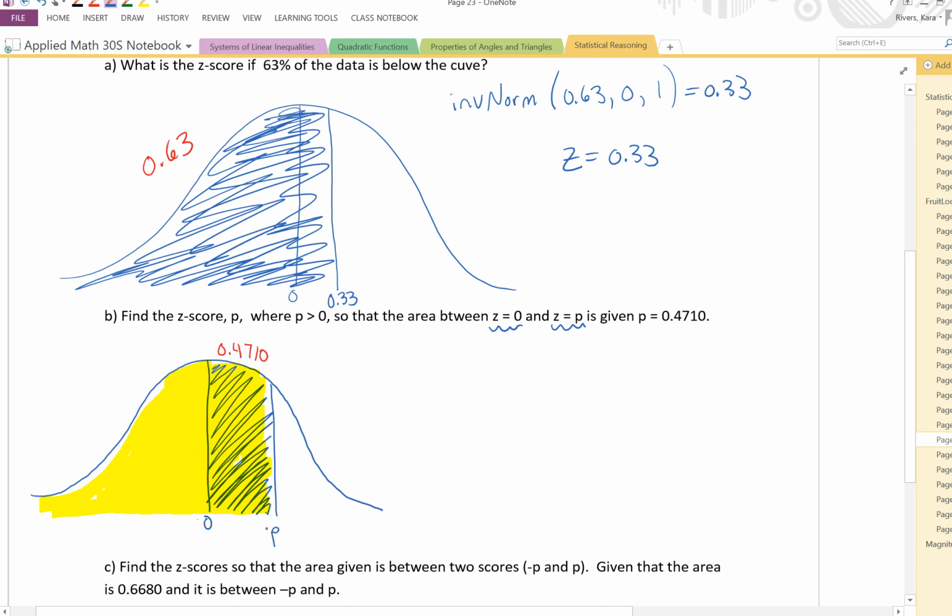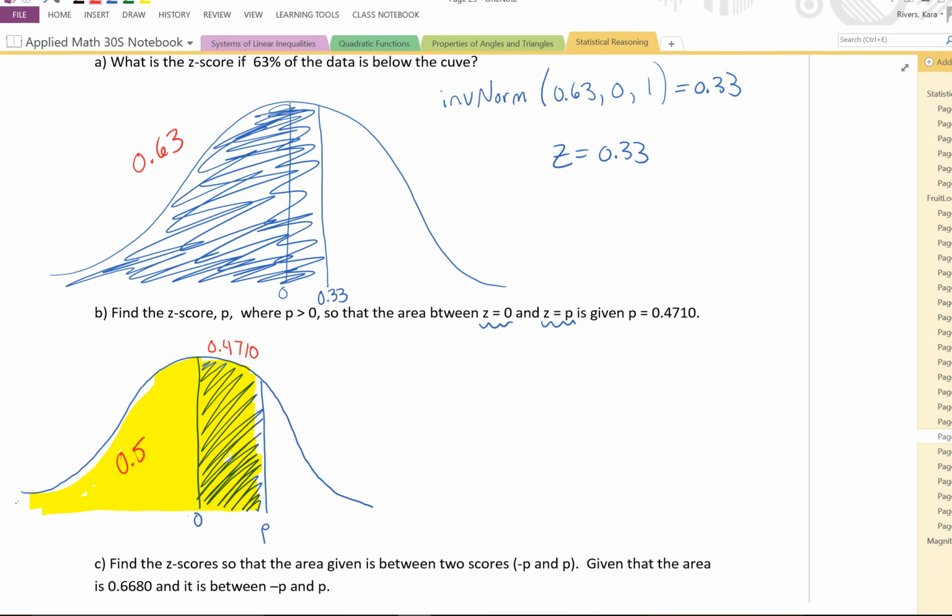Do we know the area from negative E99 to 0? Of course we do. We know, even though they don't give us that, that area is 0.5. So now that we know that this is 0.5 or 50%, and then the rest of it is 0.4710, 47.10%, we can tell the calculator, okay, find inverse norm from